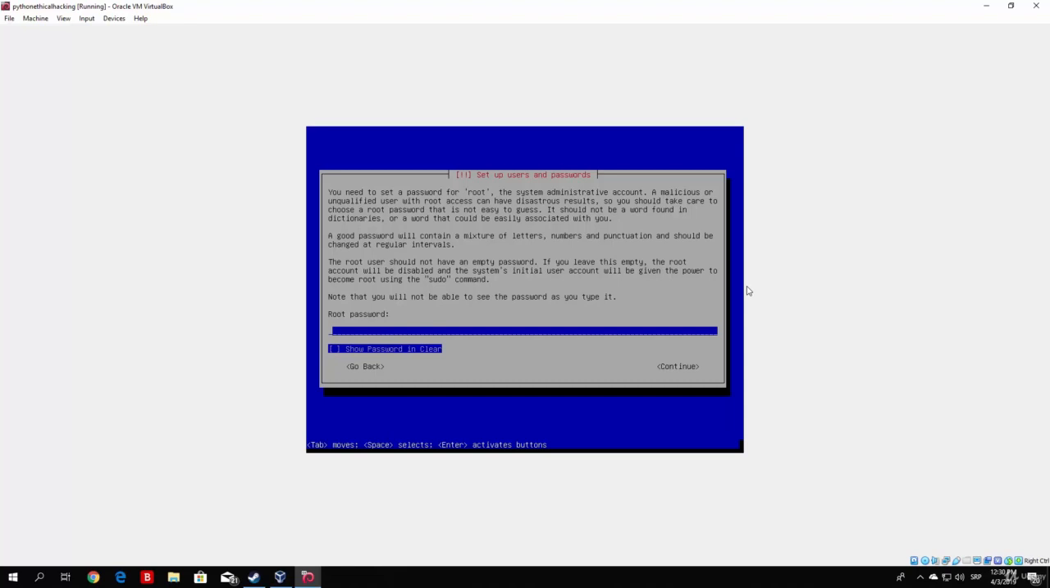So right now it will ask you for your root password. Now here you basically type any password you want. Make sure to remember it, or else you will not be able to log into your root account on Kali Linux machine. So just type here anything you want. In my case I will just use test1234. As you can see, if I go on to the show password in clear, oops,